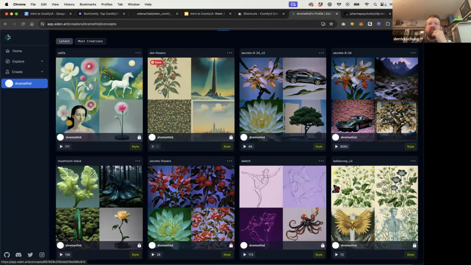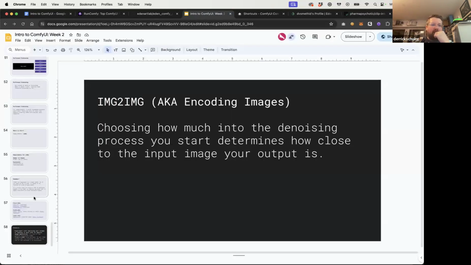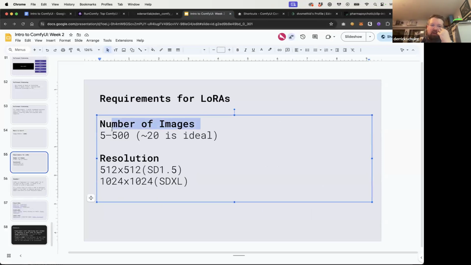Pretty much every tool supports all 3, and they just change the parameters of the training setup a little differently. And the other thing I'll say is number of images. Usually about 20 is good. So if you have 20 images, that's great. If you have less than that, you can usually get away with it, especially if it's just your face. If you have more than that, that also works, but some tools have limits on how many images you can